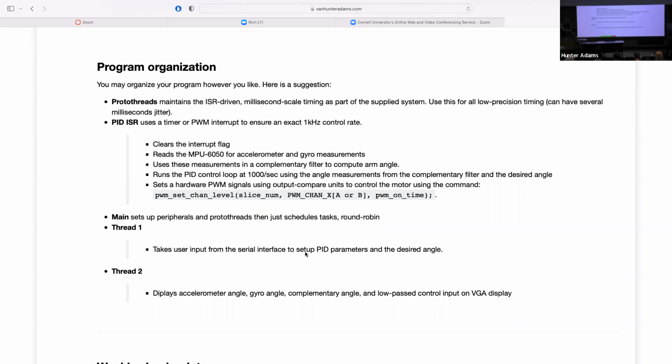Are there questions about that? And by the way, these two threads, they might go on the same core, they might go on different cores. You could set it up in either way, and I don't believe that there's a real distinct advantage to having dual cores here. That said, I believe that the demo code is set up such that one of the threads runs on core 0 and the other runs on core 1. So there's no real need to modify that if you don't want to, but there's not a huge advantage to the dual core aspect here.